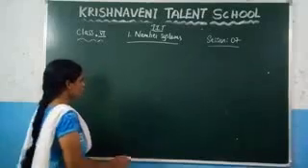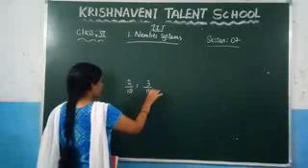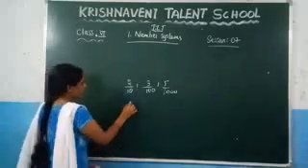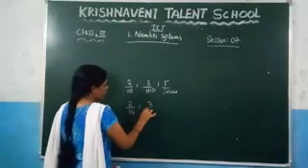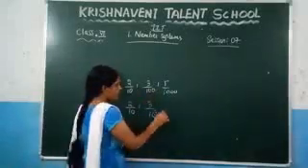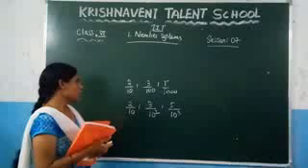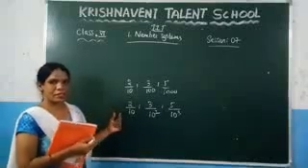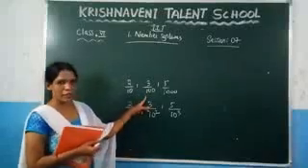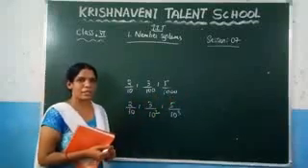What it states here: if you consider 2 by 10, 3 by 100 or 5 by 1000. This one, you can write as 2 by 10. And this one you can write as 3 by 10 square, because here 2 zeros are there, and similarly you can write this one as 5 by 10 cube, because here 3 zeros are there. So here we are writing these fractions such that the denominator is a multiple of 10. You know that it is a multiple of 10 and this number is also a multiple of 10. Such types of fractions we call decimal fractions.